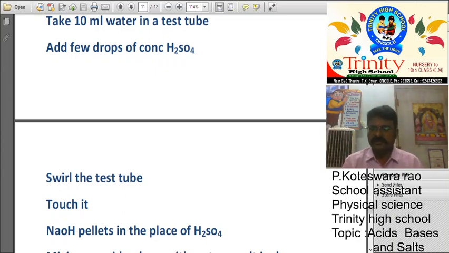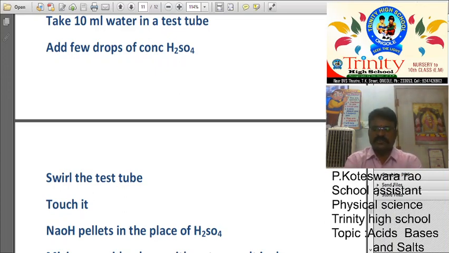If you touch the beaker or the test tube, what do you feel? Is it very hot or cool? What about the terms in our chemistry? Endothermic or exothermic? What do you know about endothermic and exothermic? Thermic is nothing but heat. Endo means receive or absorb. Exo means coming outside, exhibit. Everybody should write these definitions, they are not there in our textbook.